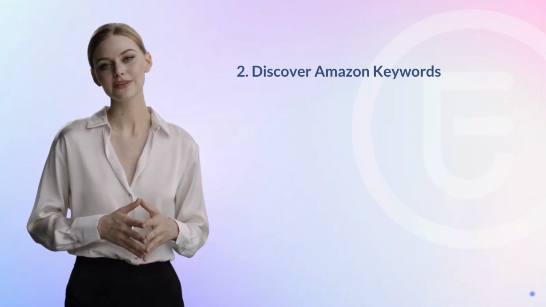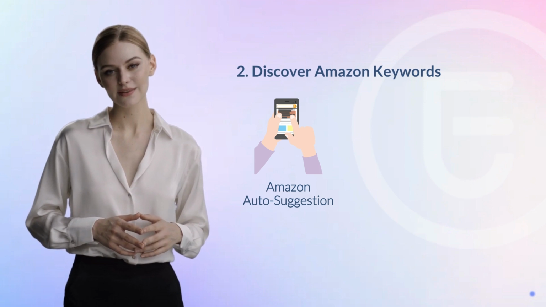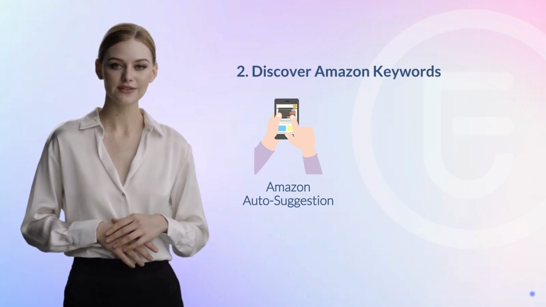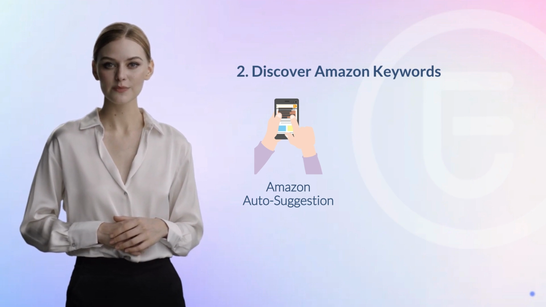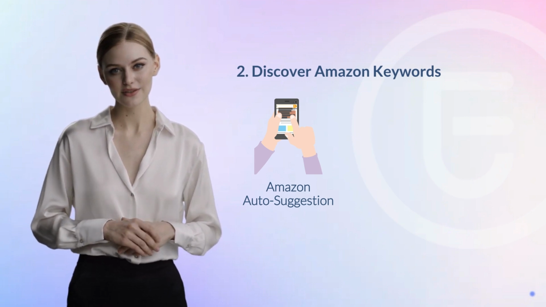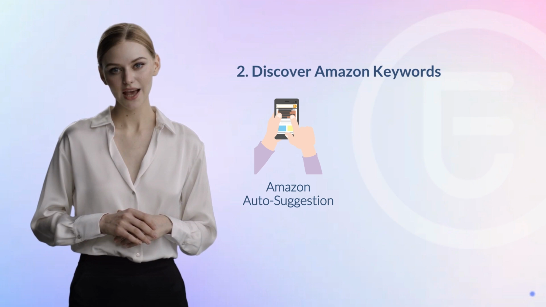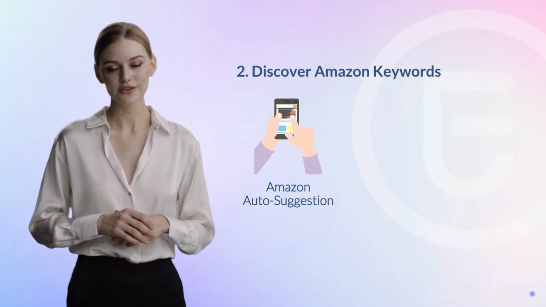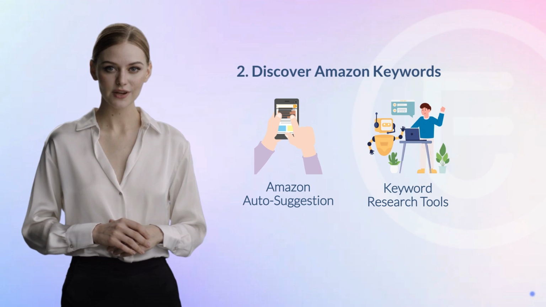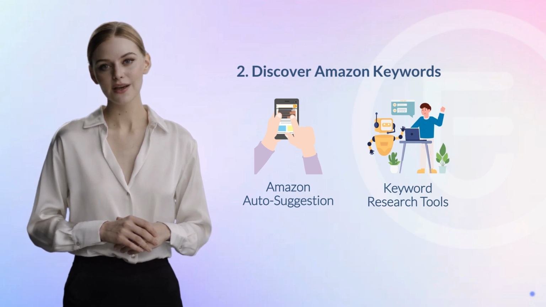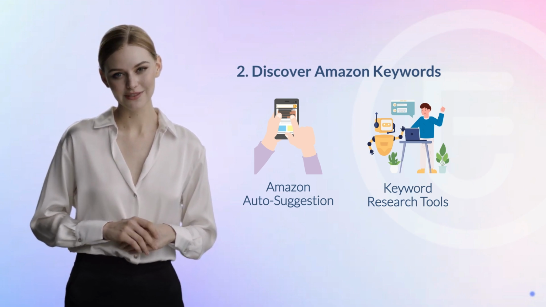The first method is to use the Amazon search bar. Simply type potential keywords into the search bar and see what auto-suggestions and related searches come up. These suggestions can give you a clear idea of what customers are actively searching for. Additionally, you can use keyword research tools to identify high-volume, relevant keywords, and they can also provide valuable insights into